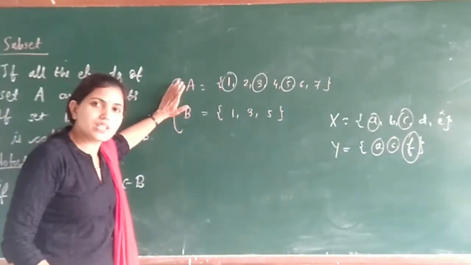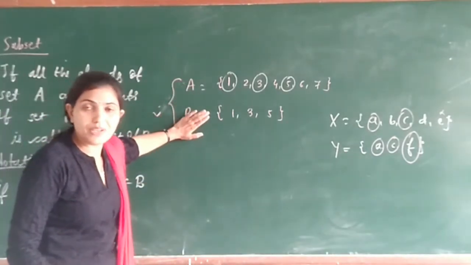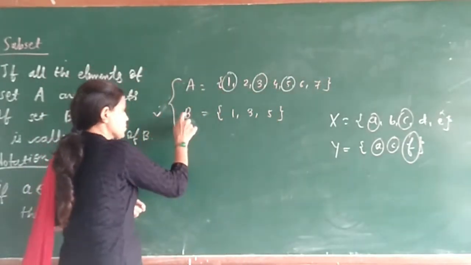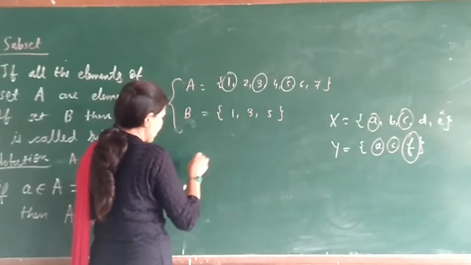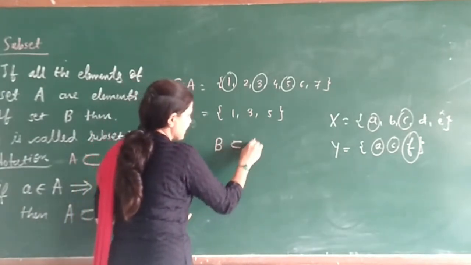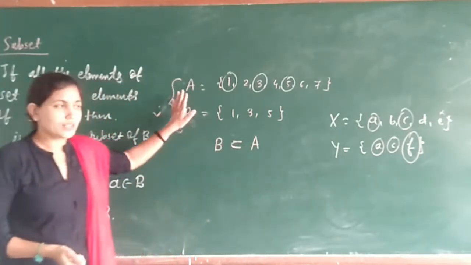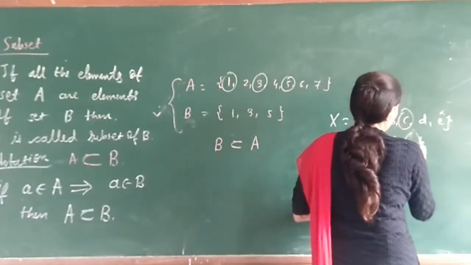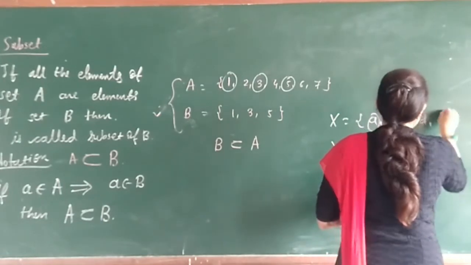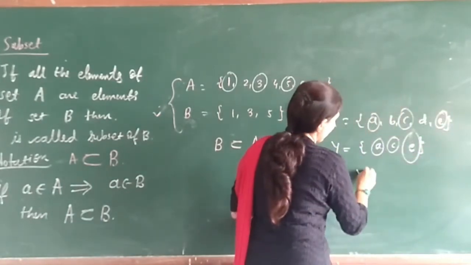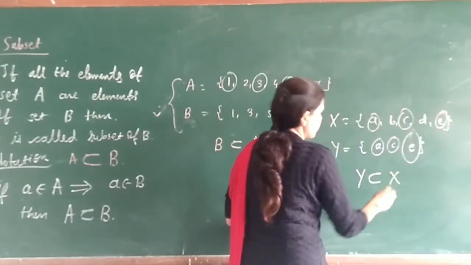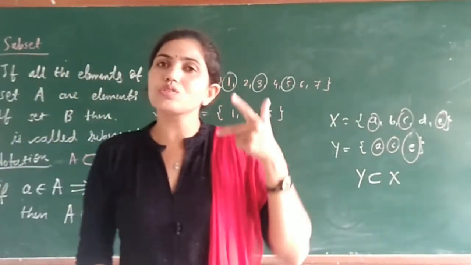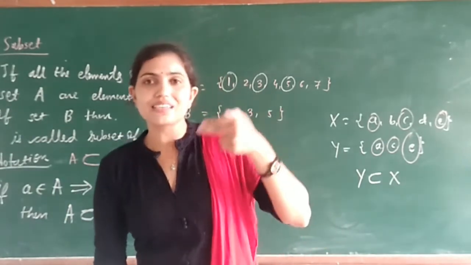यहाँ पे मैंने रिवर्स लिखा है. All the elements of B are the elements of A. So here अगर मुझे इसको सिंबल में लिखना है, तो how we can write down? B is a subset of A. ये वाला केस है. If I write down here A, C, E, then here we can see E and E are there. So how to write down? Y is a subset of X. Understood, students?